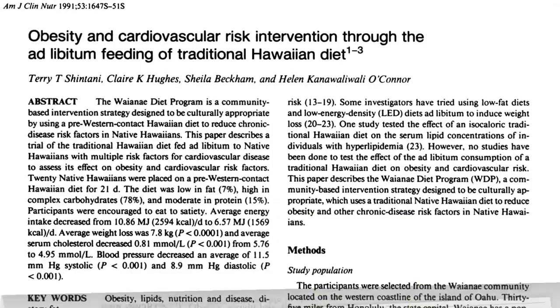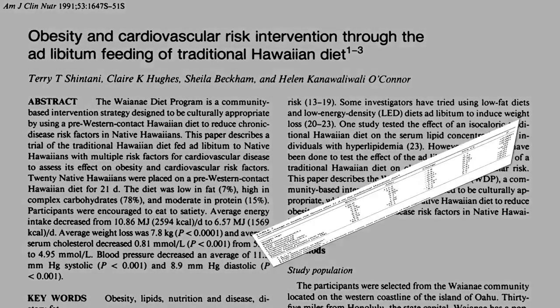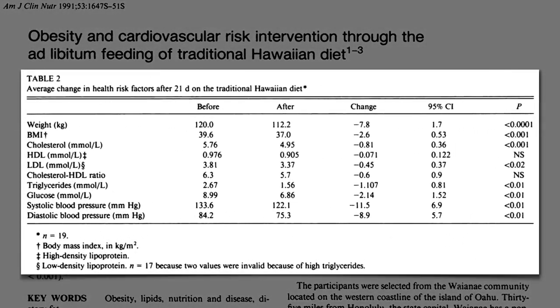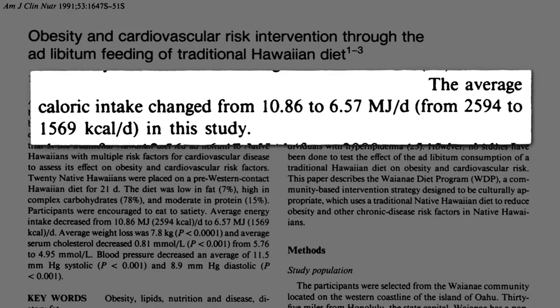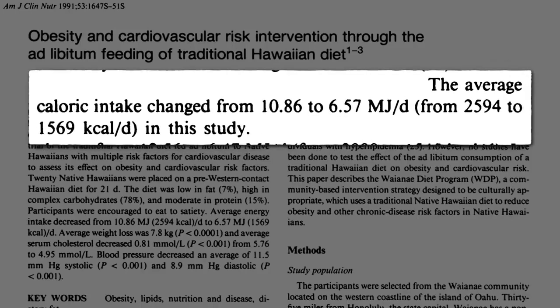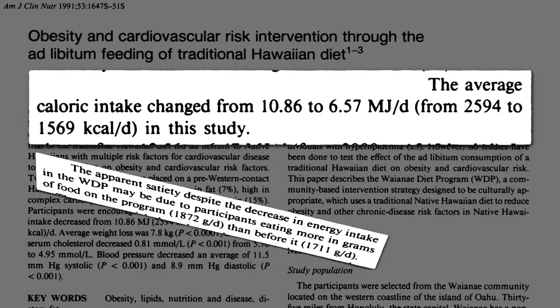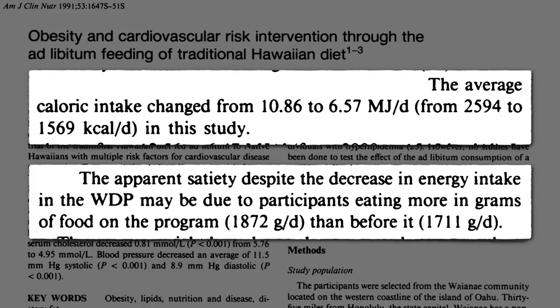They tried this in Hawaii, putting people on a traditional Hawaiian diet with all the plant foods they could eat. Lost an average of 17 pounds in just 21 days, resulting in better cholesterol, triglycerides, blood sugars, and blood pressure. Caloric intake dropped 40%, but not by eating less food. In fact, they lost 17 pounds in 21 days eating more food, 4 pounds of food. But because plants tend to be so calorically dilute, one can stuff oneself without getting the same kind of weight gain.